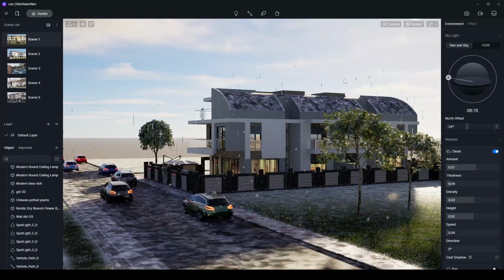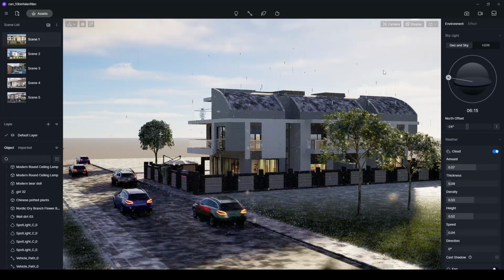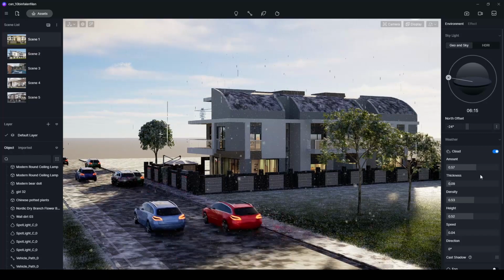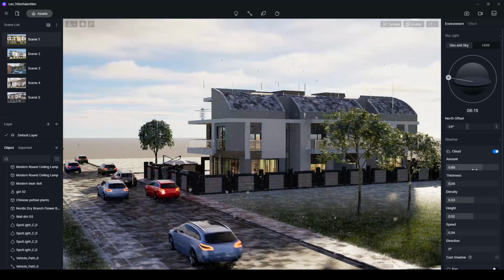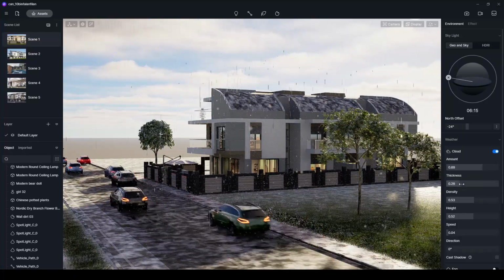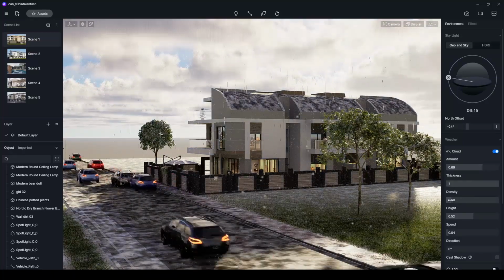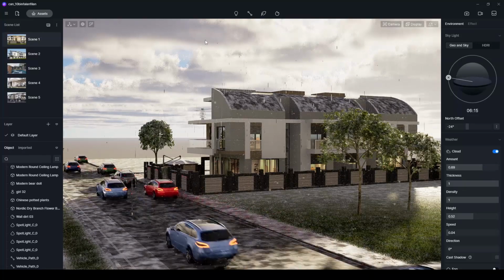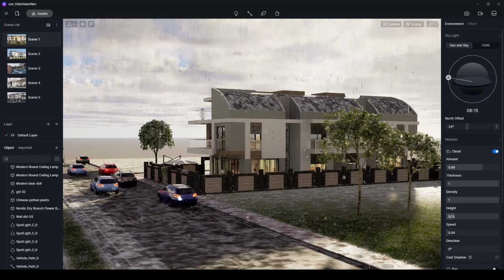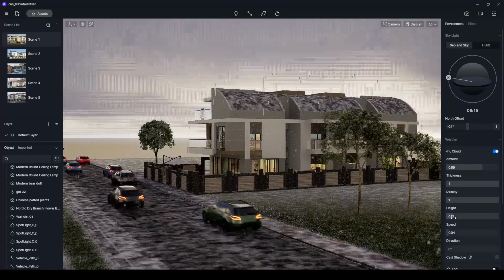In the new version of D5, we can decide on the cloud option and we have more options from now on. For instance, we already had the amount option, but now we can increase the thickness and density. If I increase the density, you can see more shadow right here, and the height of the clouds.